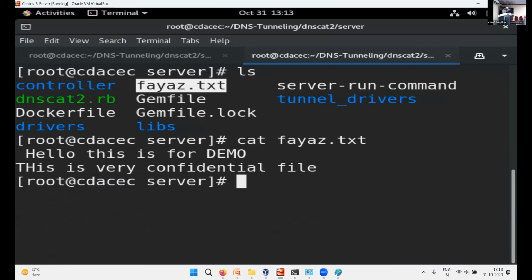Even though I have a firewall, the data can be exfiltrated from one system to another system. And even the entire command and control, meaning your system, can be remotely accessible by the user. What does the attacker have to do? Somehow he has to push one malware to your machine.